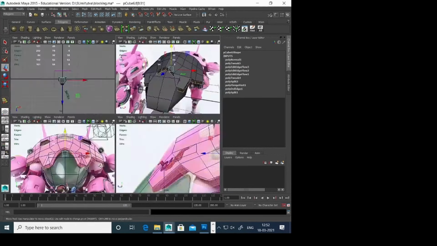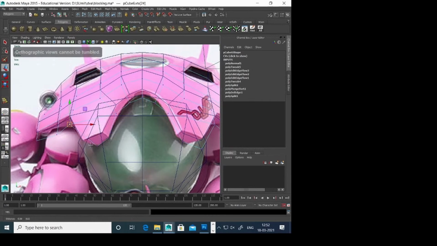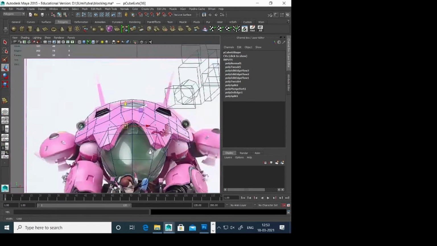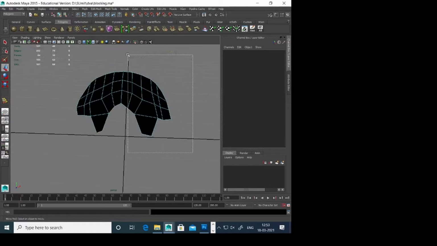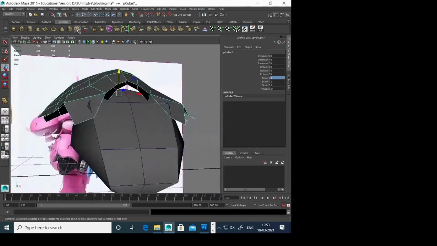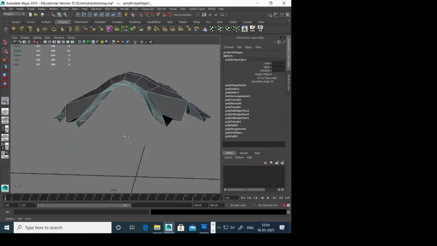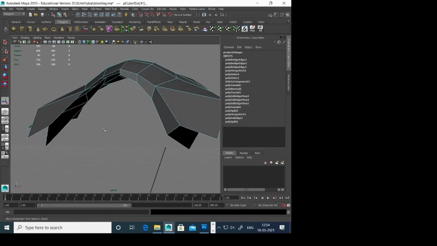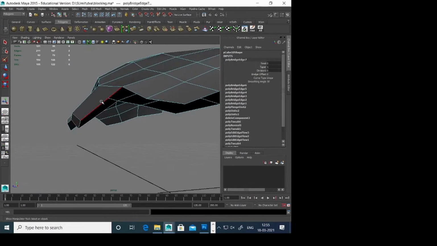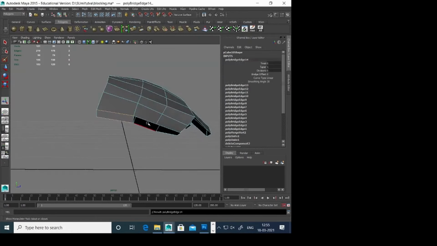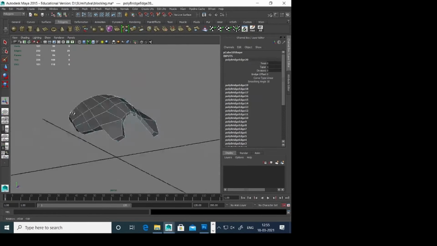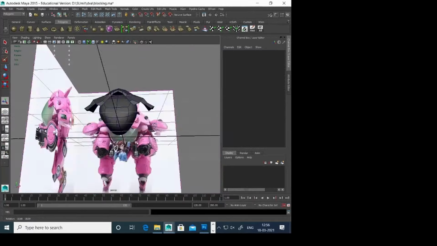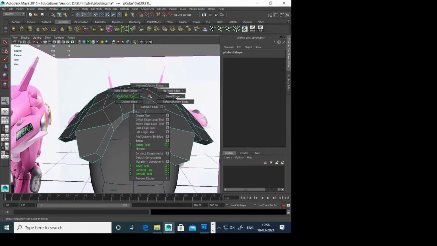Now add some thickness to your model. Here I have duplicated my upper surface and the lower surface and am bridging them, or you can simply extrude it, that will also work.